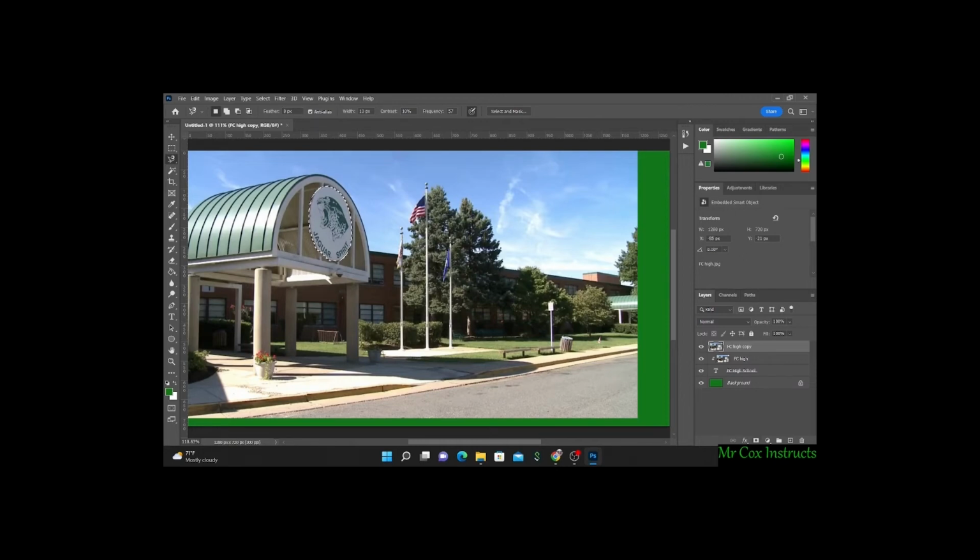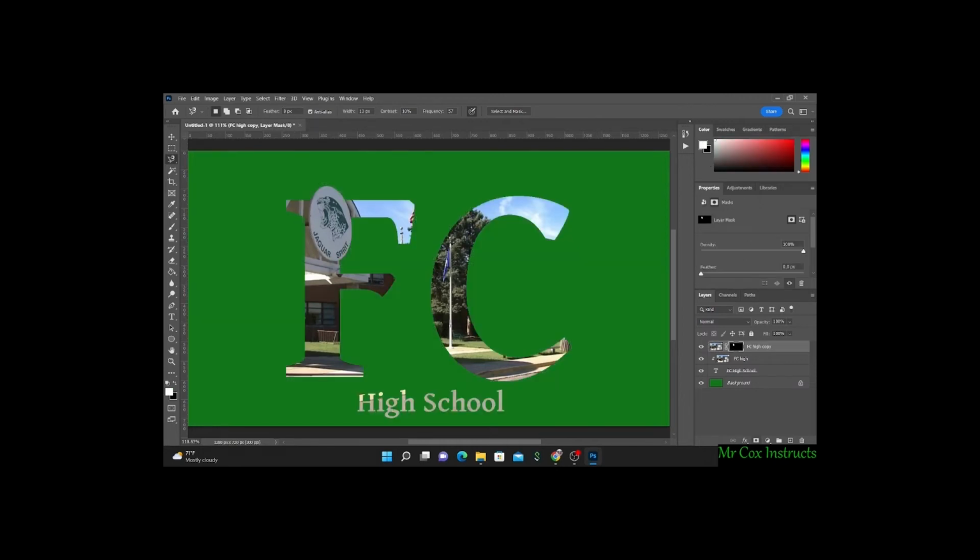Then once you make your selection, I want you to hit the masking tool down on the bottom left. And now you'll see with that mask, the Falls Church Jaguar Spirit logo now pops out in front of the green background. Once you're certain that you are happy with where your letter is, you can select both layers,